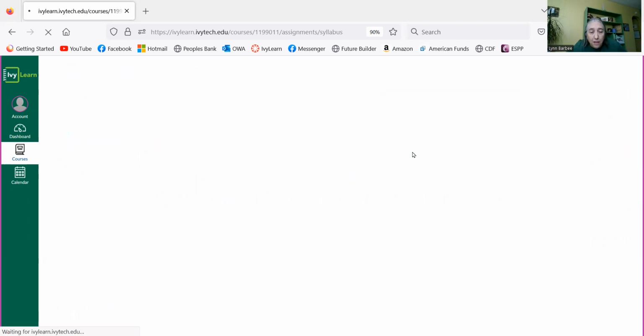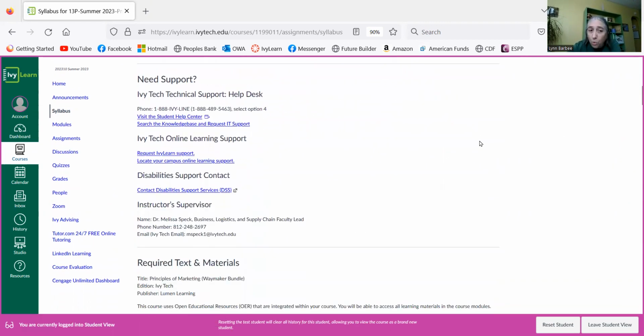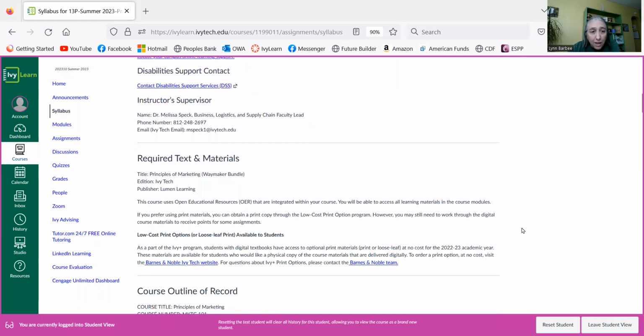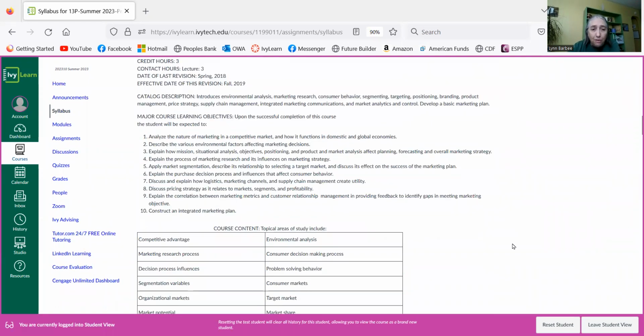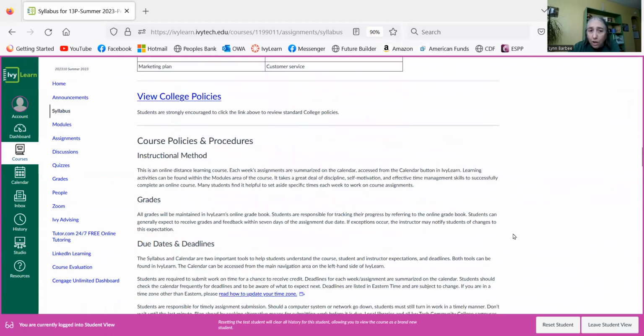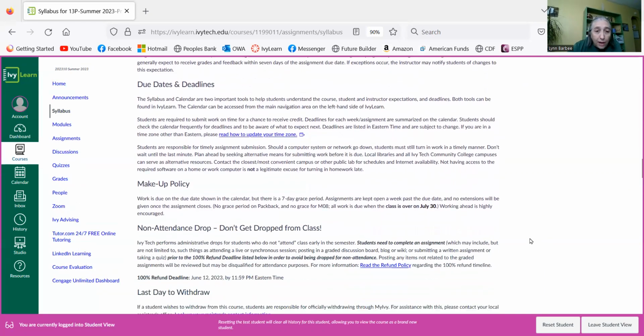Your syllabus is here. I kind of count it as the fine print of a course. You should go through there just quickly even and see what's there, see what's important to you, and know that it's there so you can refer back to it if needed. Just like I don't look at the warranty manual on my car unless I need to. Feel free to read everything word for word if you like.